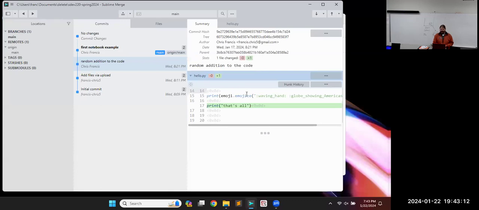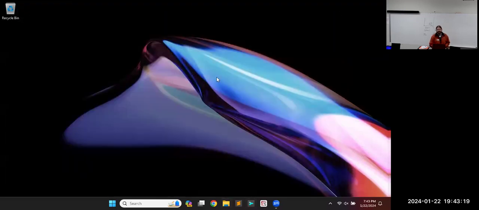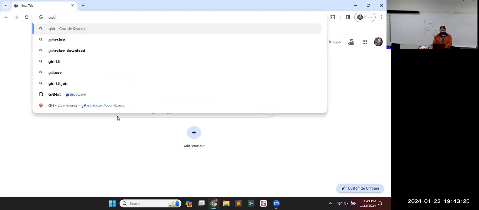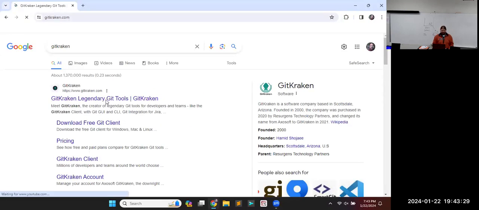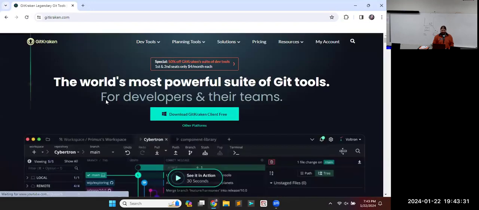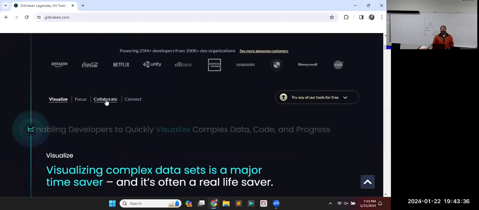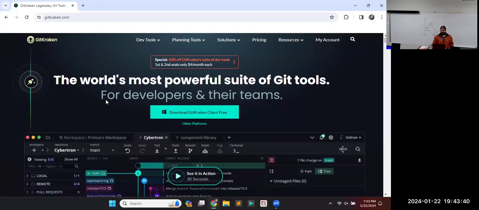That's one I like, and it ties into the text editor I like as well. But certainly not the only one. Might as well point at the best one since I'm talking about Git GUI applications. Git Kraken is probably the best one, but you'll get like 30 days free with this one. But it is really, really nice. So if you want to play around with that for 30 days to see what it's like,